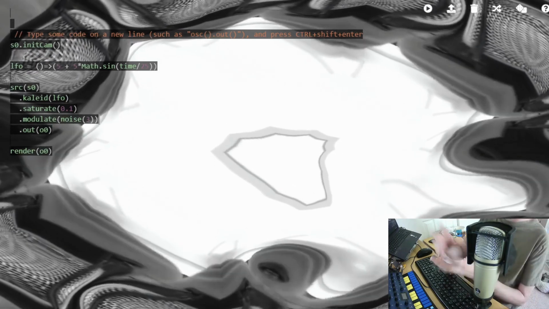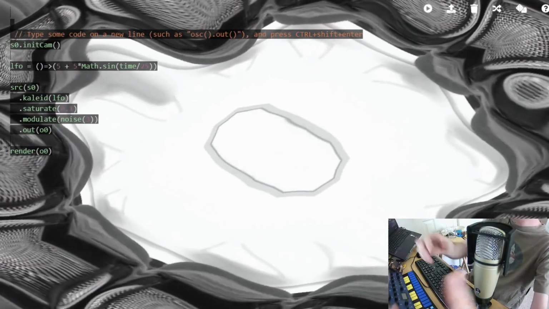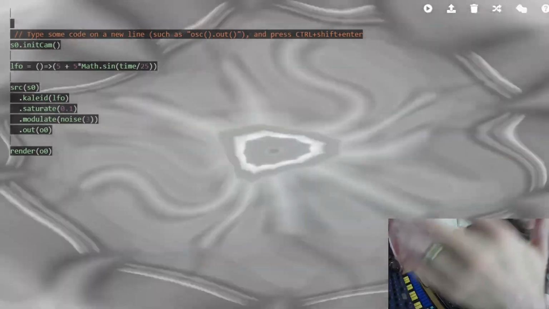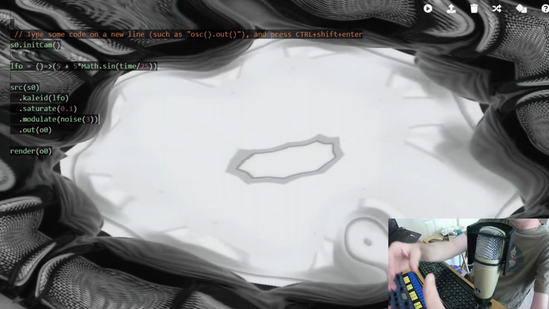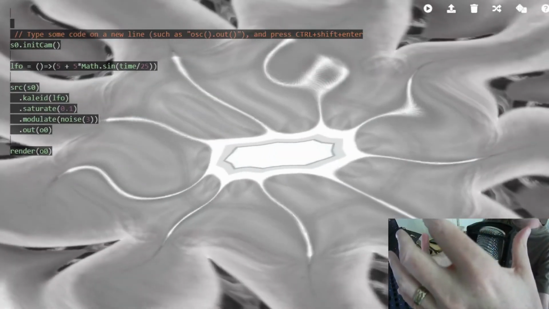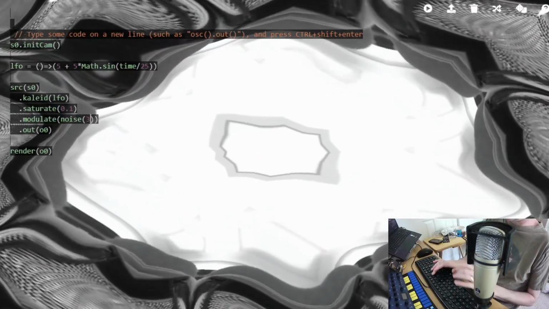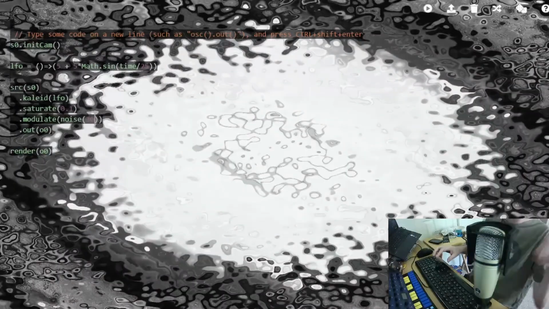So here is a video where I'm able to move my hand in front of the webcam, and it's now permuting in a couple different ways. The kaleidoscope is changing its values, and adding noise, which is making it funky that way. If I add a bunch of other noise, if I change the value of the noise, I can make it really dynamic and interesting, a little lens or filter to the video.